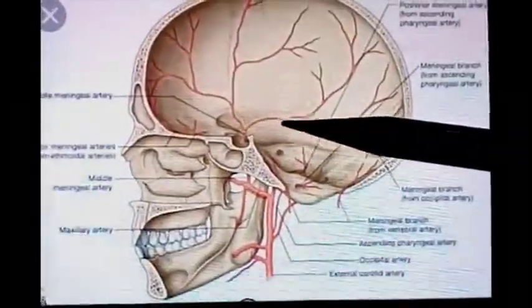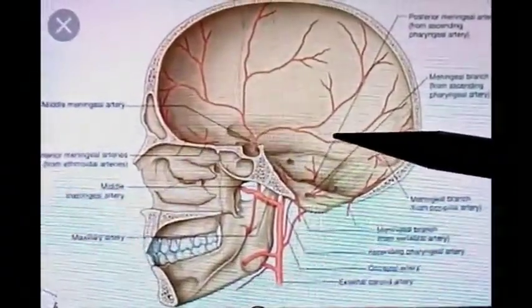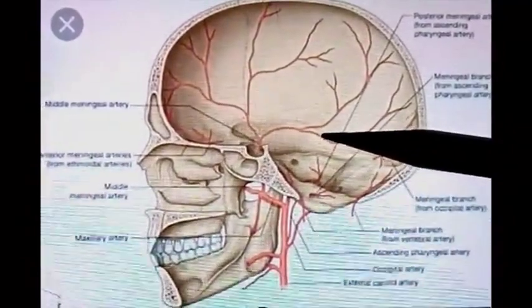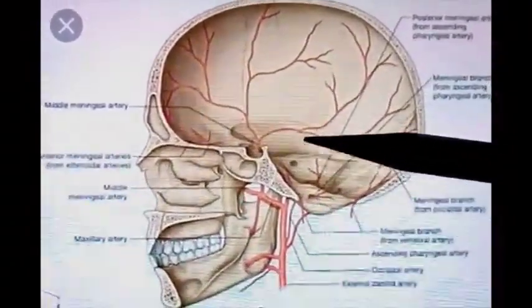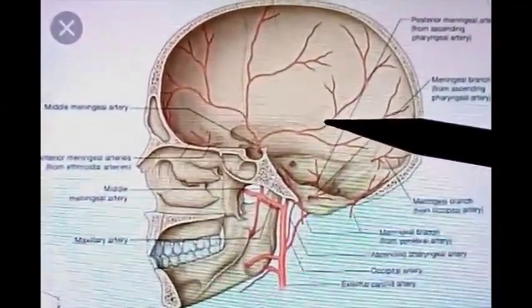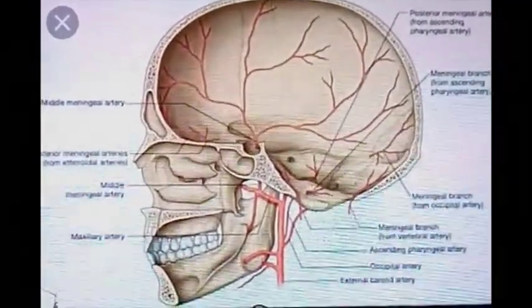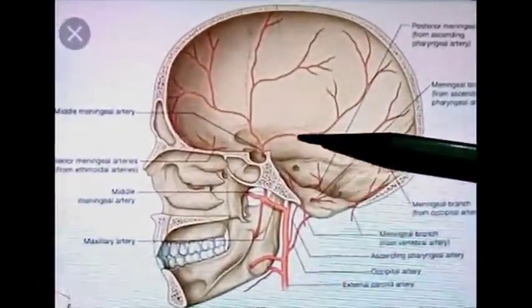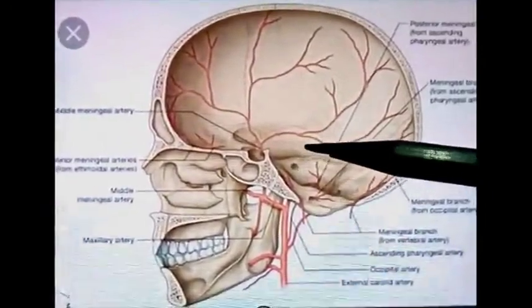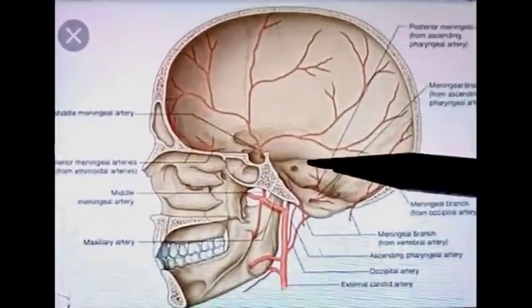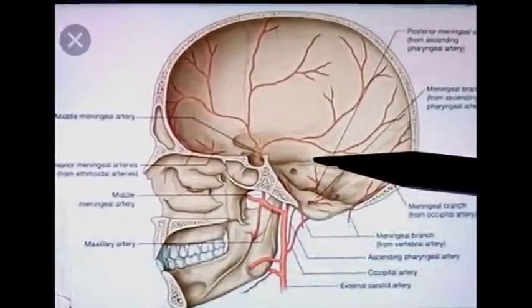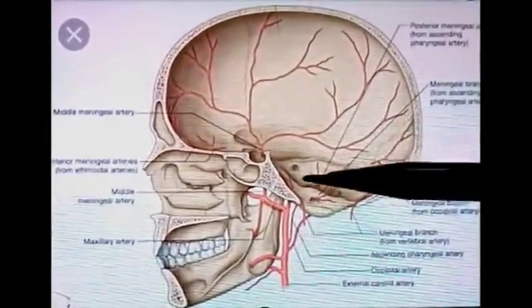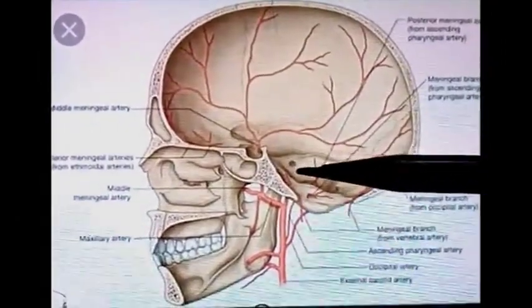Sometimes the posterior branch gets involved in injury and hematoma formation, which gives the symptom of contralateral deafness, meaning the ear of the opposite side is involved and symptoms of deafness appear. It may be because in the temporal lobe lies an area of hearing, so compression of that area may give rise to deafness. In this case, a hole is made about 4 cm above and behind the external acoustic meatus to remove the hematoma.